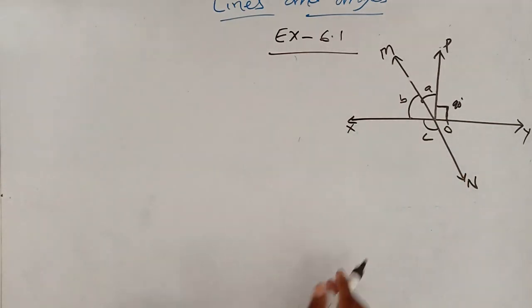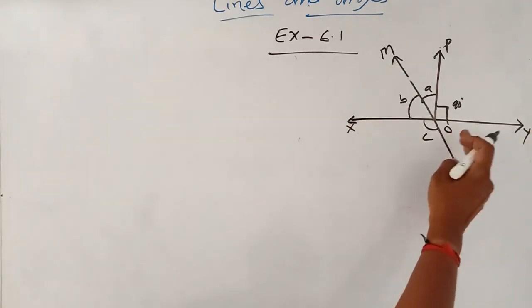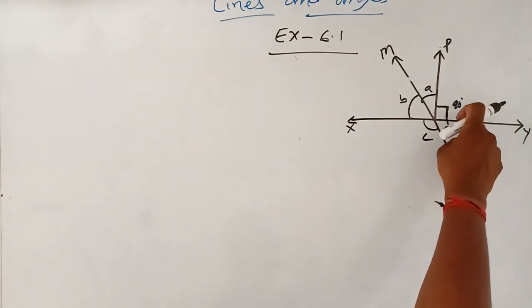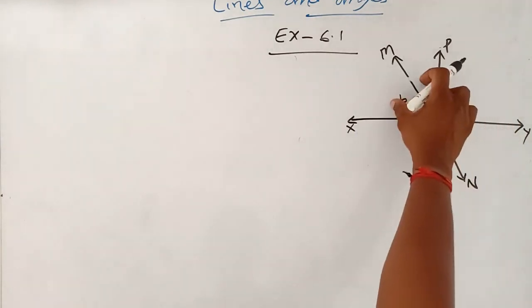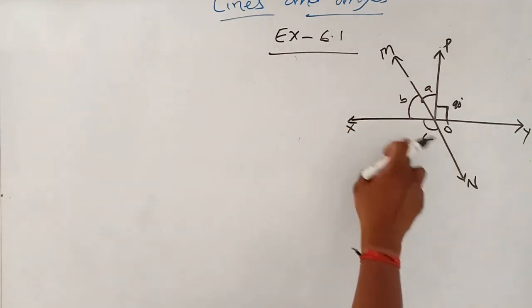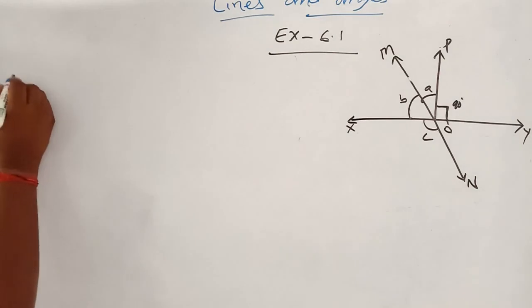So here XY and MN are intersecting at a point O. Now POY is given as 90 degrees. A is to B value is given. First I am going to calculate the values of A and B, then later I am going to calculate the value of C. When the ratio is given, first we need to calculate the common ratio, then I am going to find the values of A and B. So here the solution is